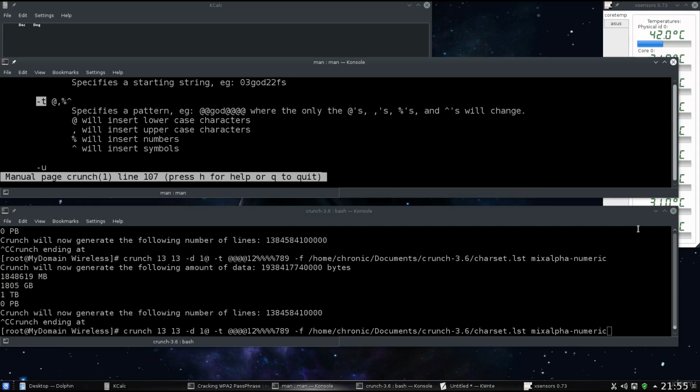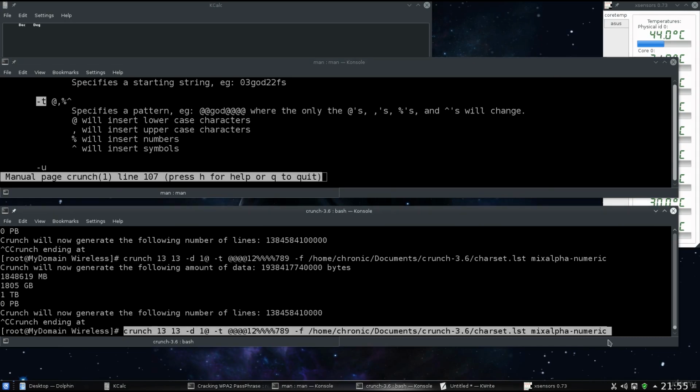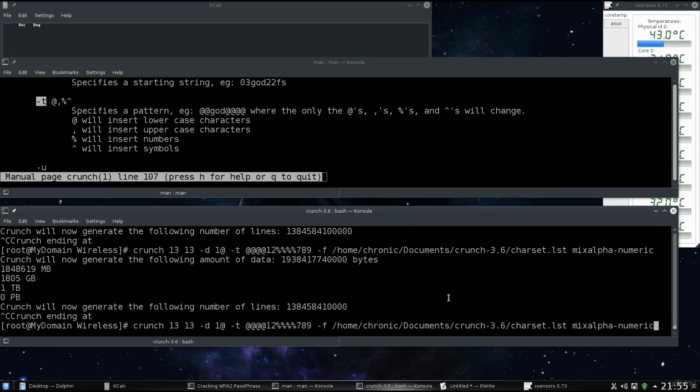Okay, so welcome back. You don't need to, this is just crunch. We're not still using aircrack in combination with it. Crunch can be used to generate password lists for all sorts of things, for web logins, for app logins, for whatever. And you might think, oh, well, that's not something that's in the realm of possibility, but it really is in the realm of possibility, because when I was in college, we used to sit,